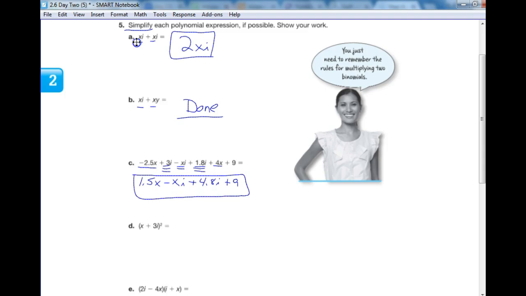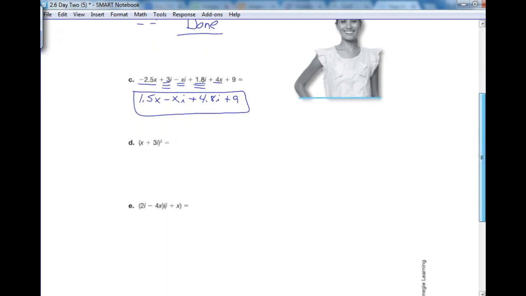Last one I want to do here quickly is D, because there's still lots of issues multiplying things like D. This is 100% not x squared plus 9i squared. It is not that. Okay? We need to remember what the definition of squaring something is. It's x plus 3i times x plus 3i. So it's x squared plus 3xi plus 3 more xi's plus 9i squareds, which will give you an x squared